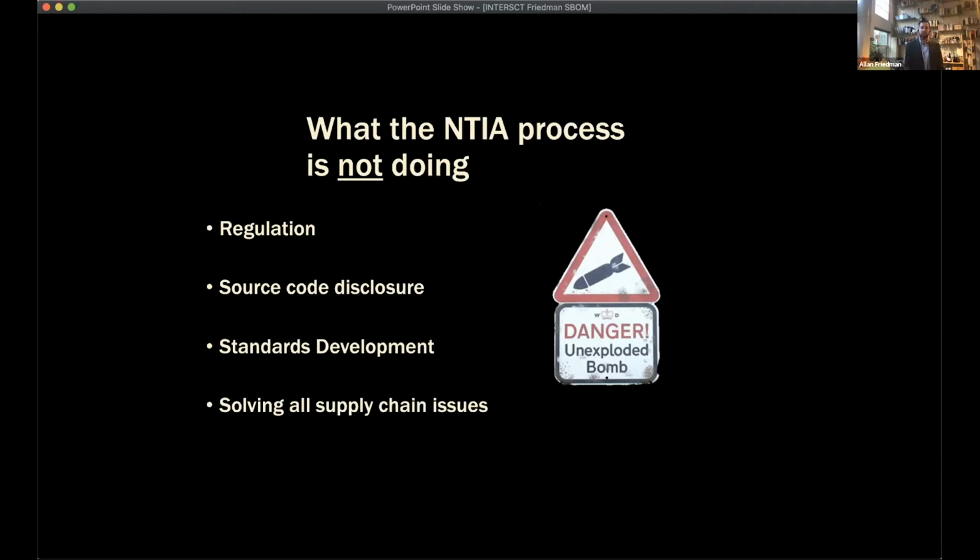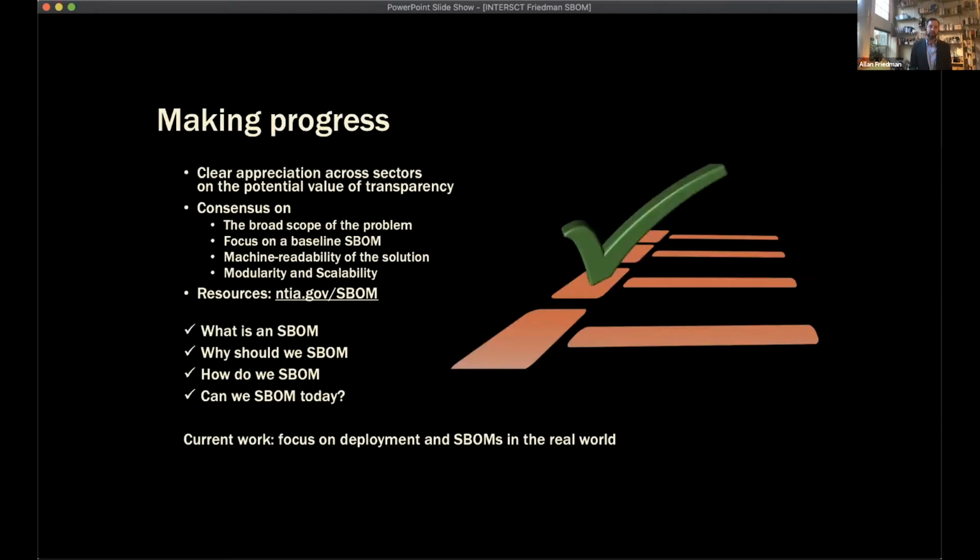It's not source code disclosure. For those of you who are worried about that, that's often a policy concern. This is also not a formal standards development process. I'm going to talk about standards a little later on. And perhaps most importantly, as I mentioned, this is not about solving all security issues. It's not trying to solve every supply chain issue, not trying to solve every assurance issue. We're just focused on this one issue. But I think you'll agree with me that if we have this in the ecosystem, we can build on it, and it will really reinforce a lot of these different areas that I've talked about, such as secure development, supply chain risk management, and vulnerability management.